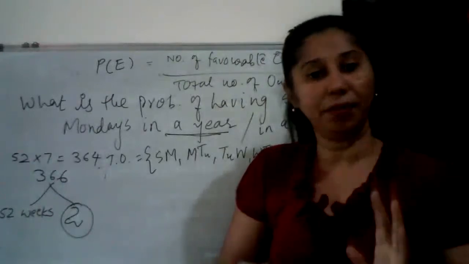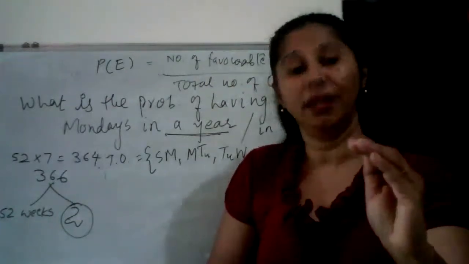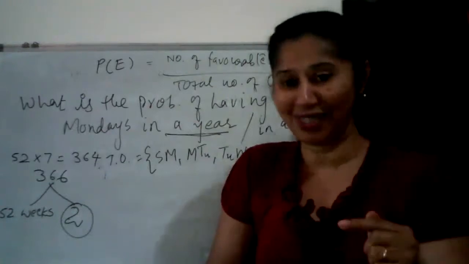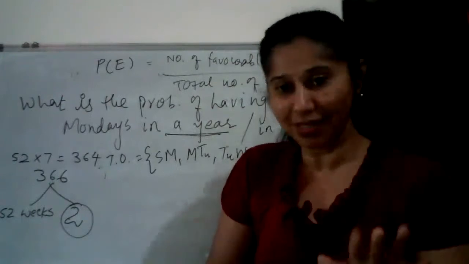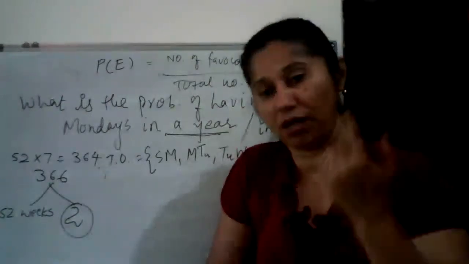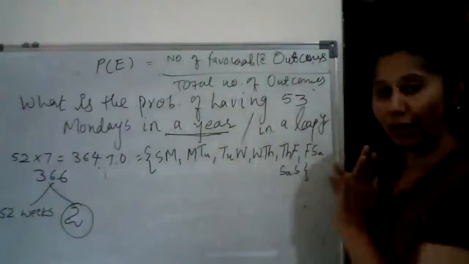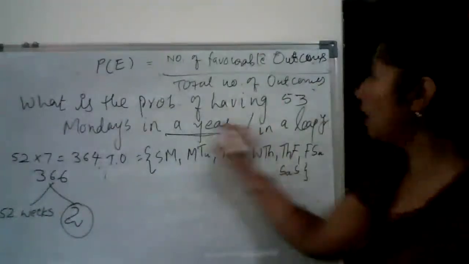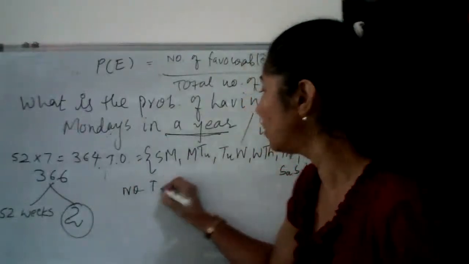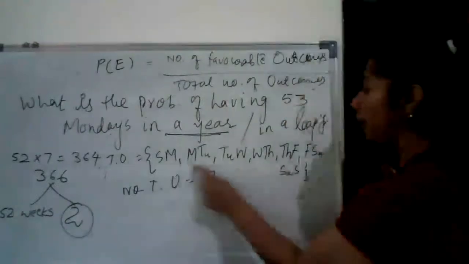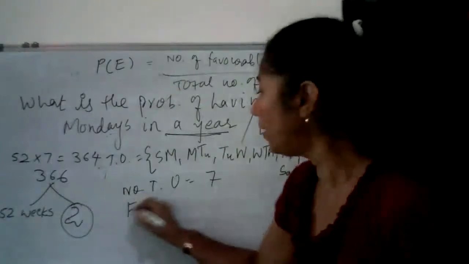जस्ट इमेजिन, जैसे मैं बता रही हूँ कि 29 दिसंबर है आज, सपोज आज संडे है, तो लास्ट 2 डेज कौन से हो गए आपके, मंडे ट्यूसडे। यदि आज मंडे है तो नेक्स्ट 31st को क्या होगा आपका, ट्यूसडे वेडनेसडे, isn't it? कोई स्किप तो नहीं कर देगा कहीं भी, संडे के बाद ट्यूसडे नहीं आ सकता। ओके, तो आपके ये कॉम्बिनेशन हो गए संडे मंडे, मंडे ट्यूसडे एंड सो ऑन, ठीक है। अब हमारे क्वेश्चन के ऊपर जाते हैं, हमें चाहिए 53 मंडे वाला, तो यहाँ पे नंबर ऑफ टोटल आउटकम्स आपके फिर से 7 ही हो रहे हैं, 1 2 3 4 5 6 7। ओके, अब आपका फेवरेबल आउटकम देखते हैं।